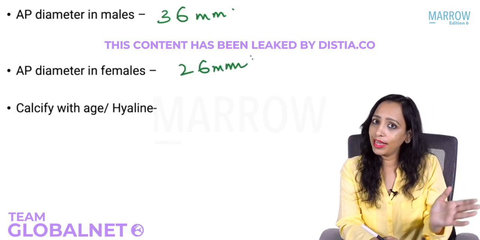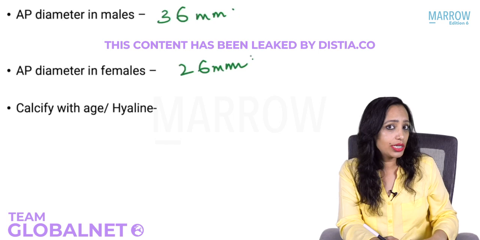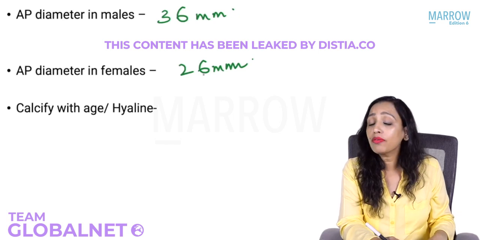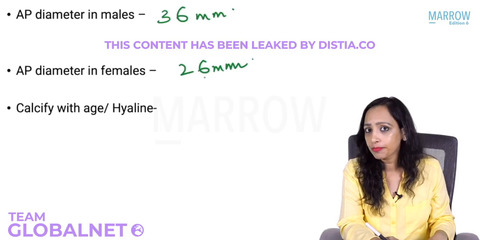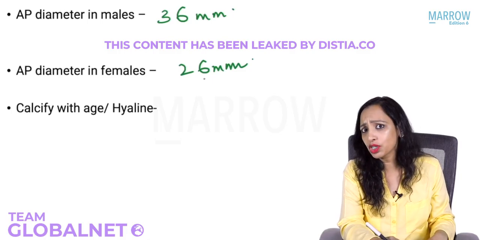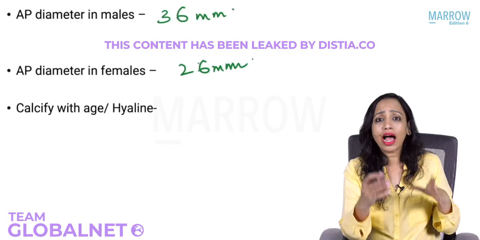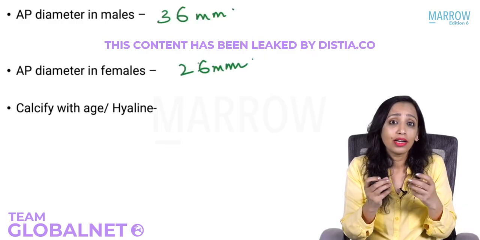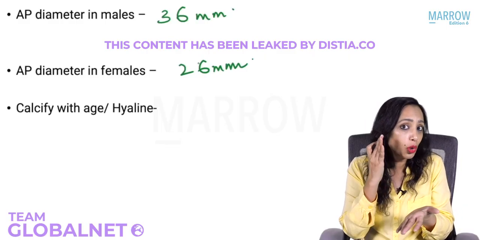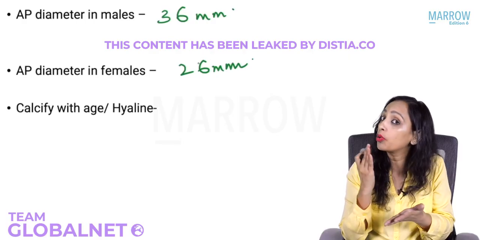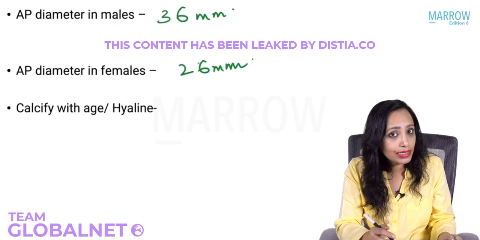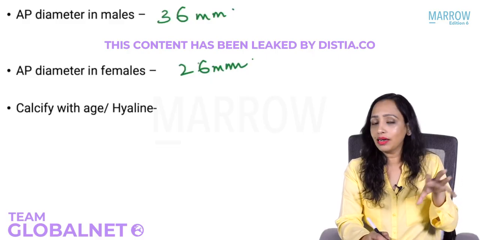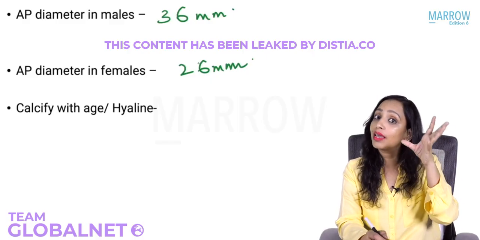And also, as the age progresses, after 25 years, the cartilages of the larynx start to ossify, they start to calcify. What is the significance of that? The significance is that now the cartilages are not very resilient, so they are more prone to fractures. Also, this calcification can be viewed on X-ray. So these cartilages can be viewed very nicely when they get calcified.